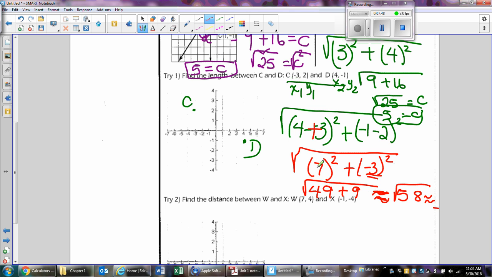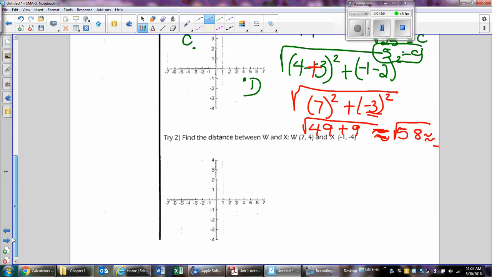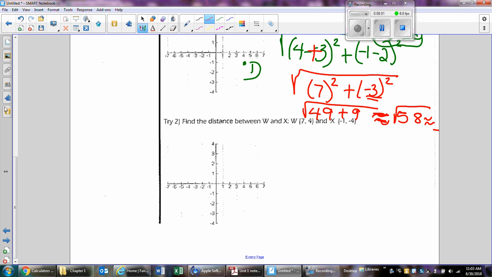Okay, so for the honor students, you are expected to know how to simplify radicals. So the answers you're giving us have to be in simplified radical form. Okay, simplified radical form, and I'll go over that more in class. Okay, so try number 2,